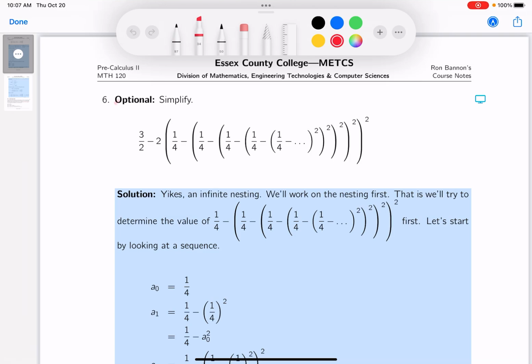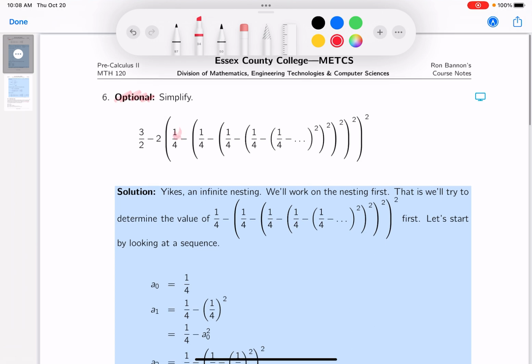Okay, optional question, and it's not an easy question. So you're asked what the value of this is, and I'm going to say I don't know the value of it. So what I did was I looked at a subset of the problem, and I'll tell you what I'm looking at over here. I'm looking at this part here. Right, that's all I'm looking at. This thing right over here,